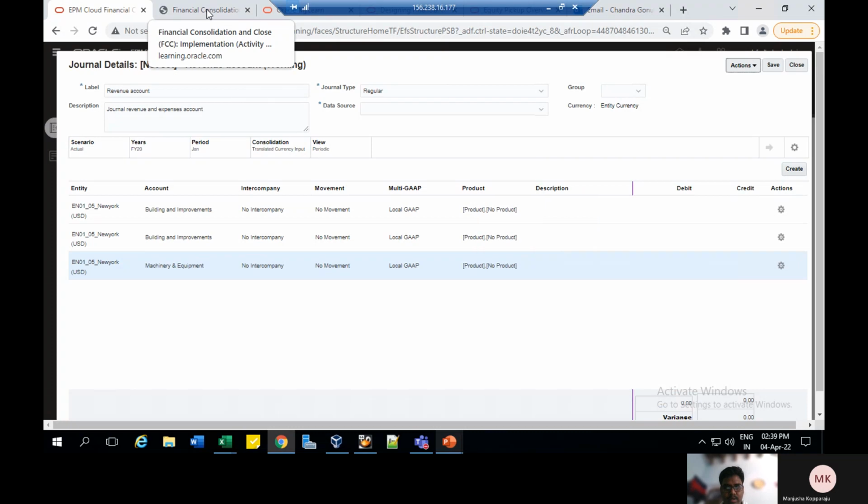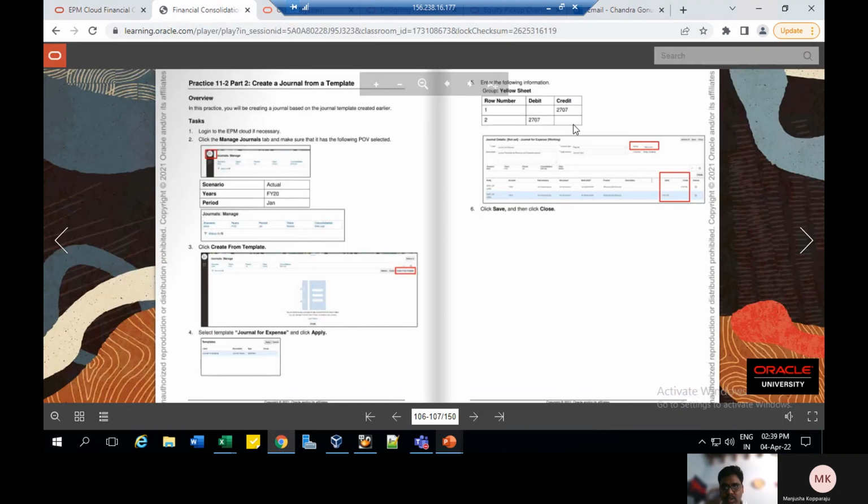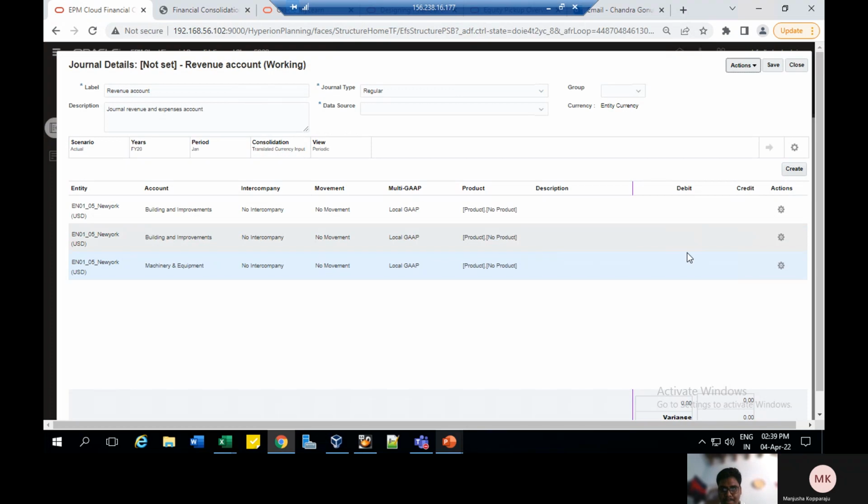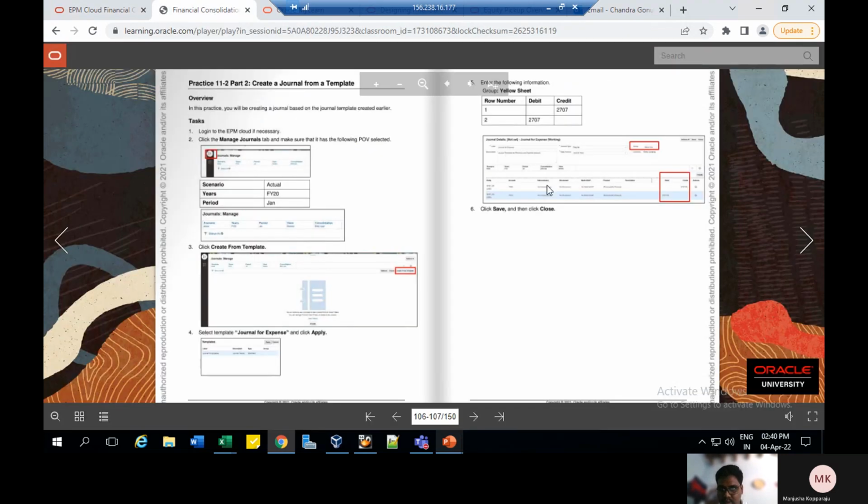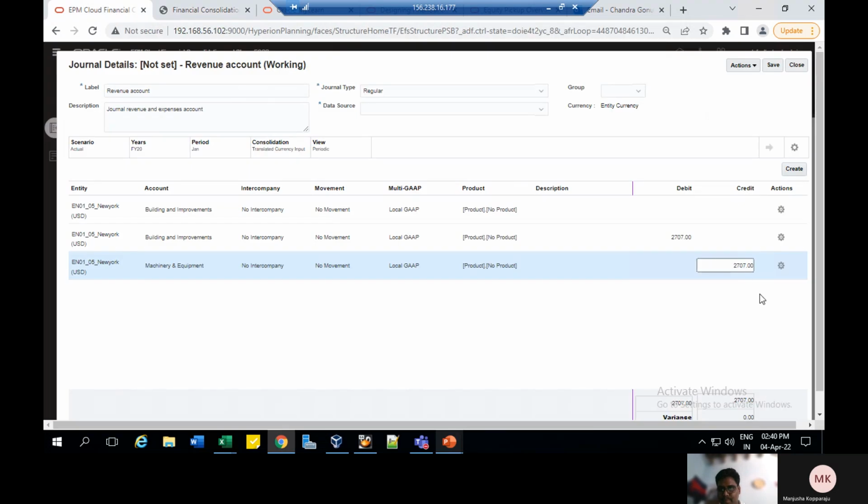So here you can see some of them are there. So we need to select the yellow sheet, following information, yellow sheet. 2707 debit is 2707. Here also 2707. So all are given. So we need to click on save. Save. Data source always